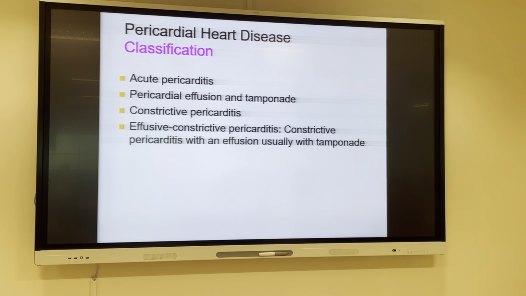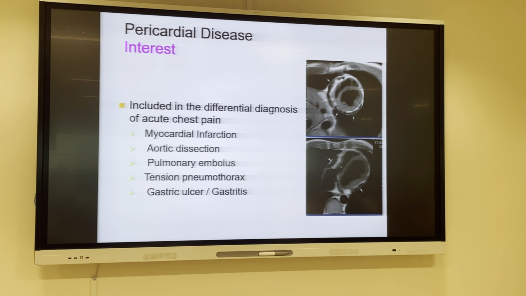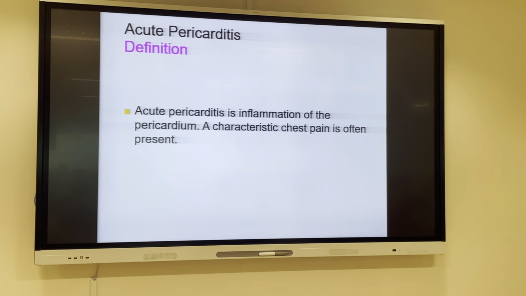Okay? What happens? The pericardium is in the middle of the chest. If you take inspiration, the lungs push. If you lean forward or backward, you can have increase or decrease. Now, the one that's written in the books is that when you lean forward, it's relieved, and when you go backward, it's increased. As we know, diseases don't follow books. But there are general concepts we want to know. Positional is the most important one. So it's an inflammatory process characterized by chest pain,